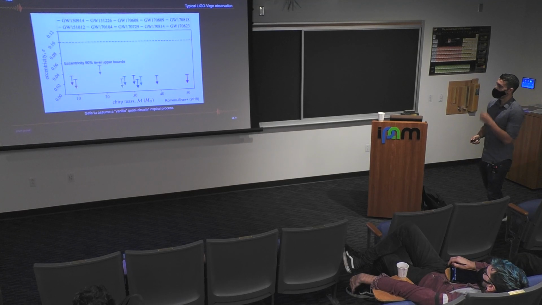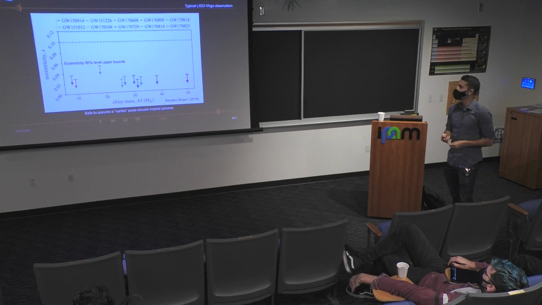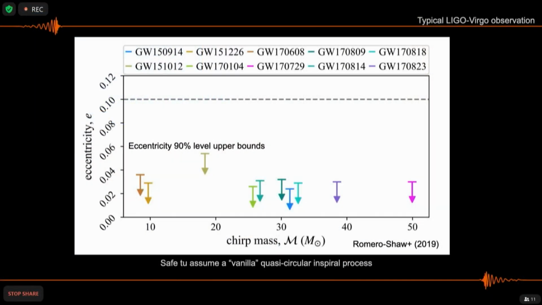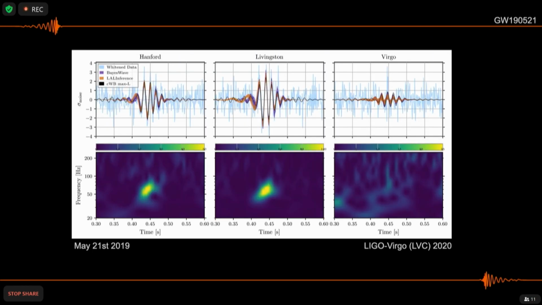And in fact, there have been searches for eccentricity in LIGO data, and the bounds on that eccentricity are quite strong for most of the events. This corresponds to the first gravitational wave catalog, and you can see that the bounds on the eccentricity are quite strong. This goes from 0 to 1, and the largest bound is at 0.05. So this makes us know that the assumption that these may be quasi-circular binaries with zero eccentricity is rather safe.